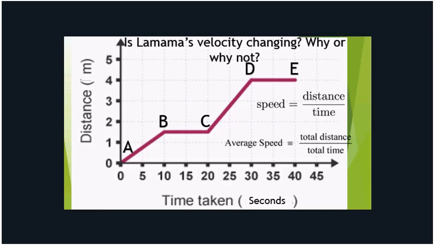If you look at the graph though, from A to B she's going 0.15 meters per second, B to C she's going 0 meters per second, C to D she's going 0.25 meters per second, and D to E she's going 0. Knowing that your numbers changed, prove that her speed changed. You also know her speed changed because this is not a straight line. If it was a straight line, her speed would be constant, and you could say that her velocity is constant